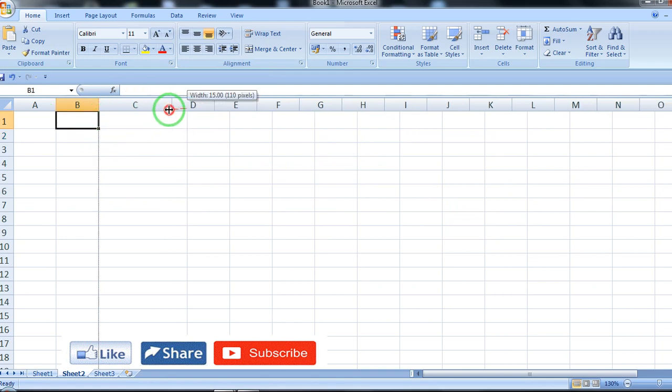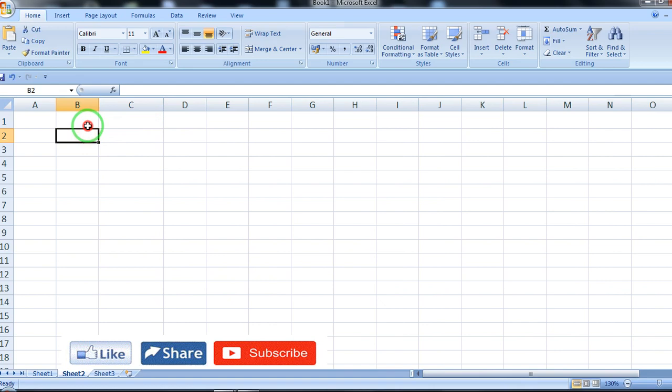Like over here, I am entering the marks. I have entered the marks of English. Here I am entering the marks for physics, and in this column I am entering the marks of computer science, 98.